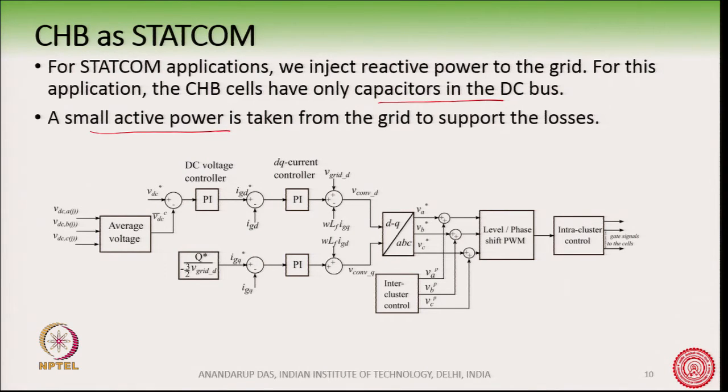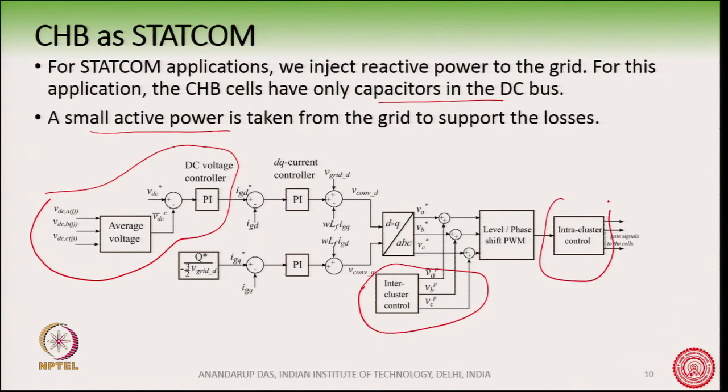So, this whole control diagram now gets modified. Okay. So, there are some additional blocks that come into the picture. So, what are these additional blocks? One additional block is this one here. Okay. One additional block is this one, and the third block is this one. These three come into the picture now. So, let us see what their functions are, these three additional blocks.